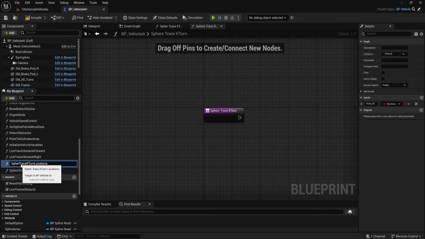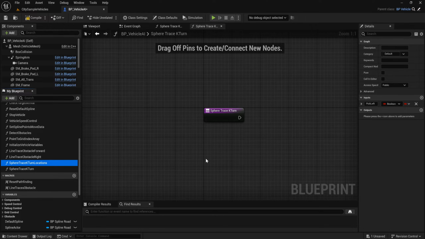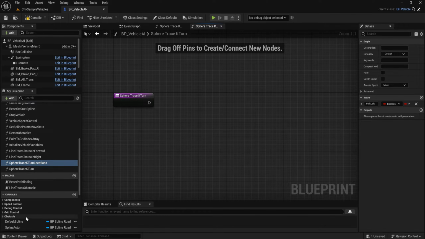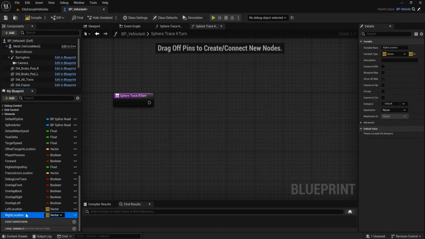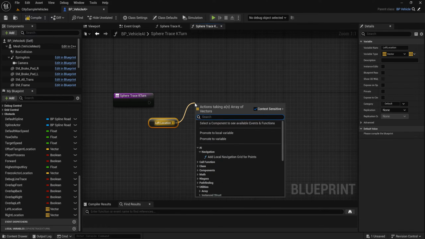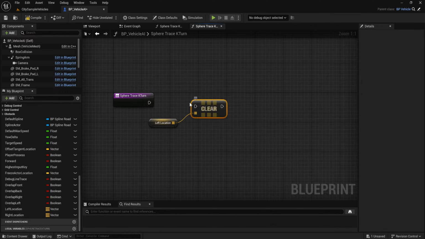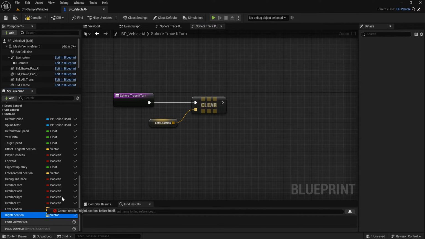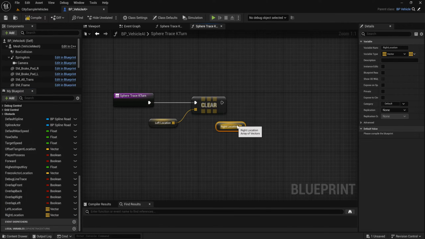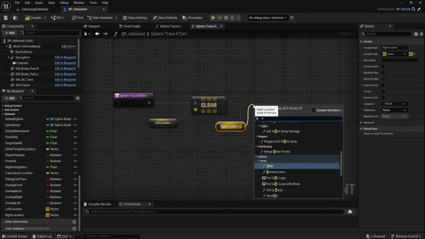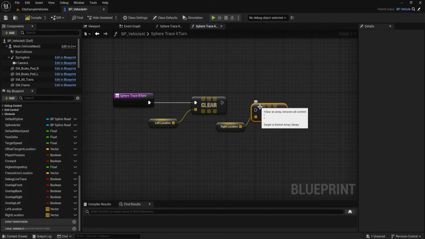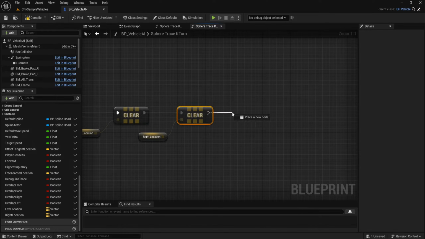First, we clear these variables: left location, clear; right location, clear. Call sequence,